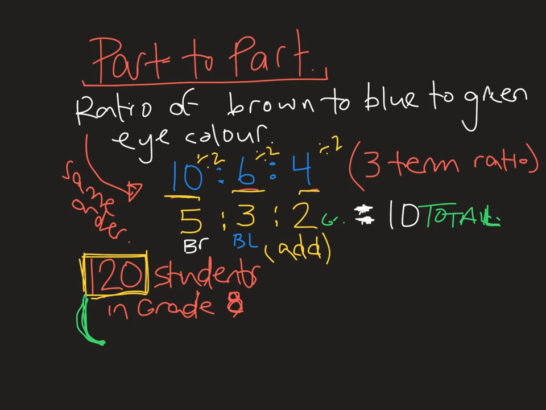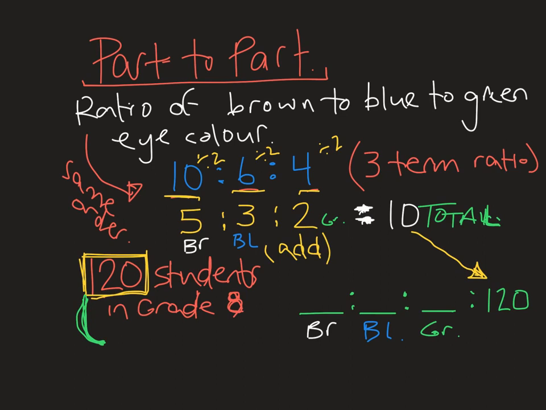Okay, so I now want to look at coming up with an equivalent ratio that gives me 120 at the end. So I have this, this, and this now to fill in. So I've got to find my brown, I've got to find my blue, and I've got to find my green. Okay, so I know that my total is 10 in my lowest term ratio, but now I want to find out